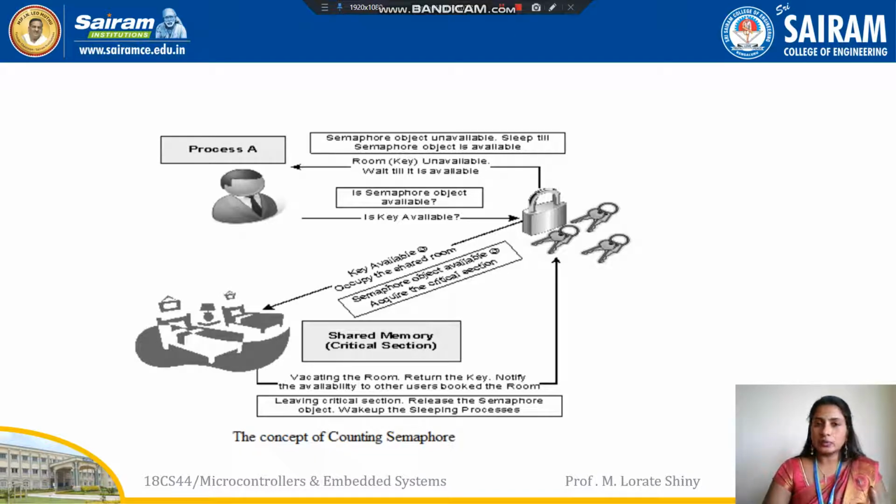While he is approaching, if a room is not available, then the user can register his name and mobile number with the caretaker. Whenever a bed is available, he will be notified and he can avail the bed. When the user vacates the room, he has to hand over the room key to the caretaker. So this is the best example for counting semaphore.